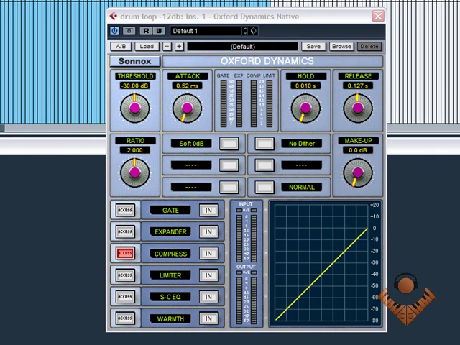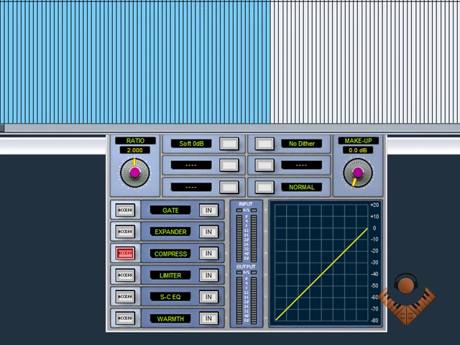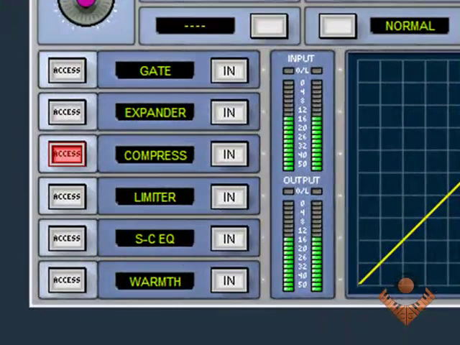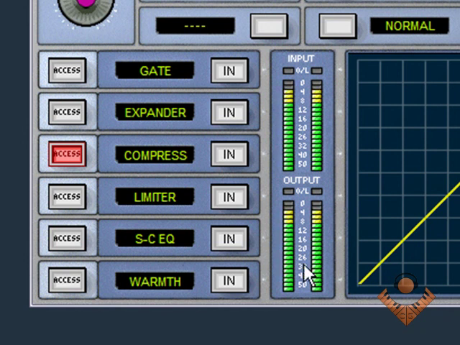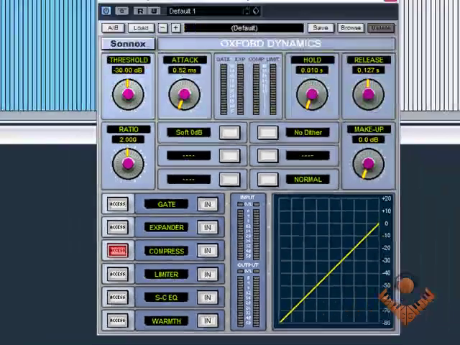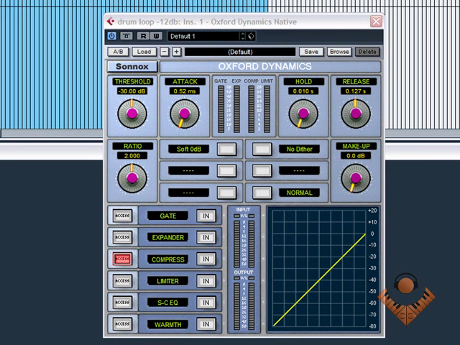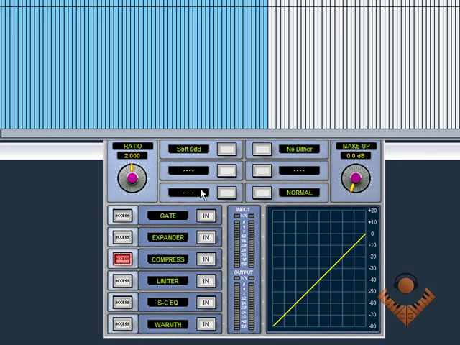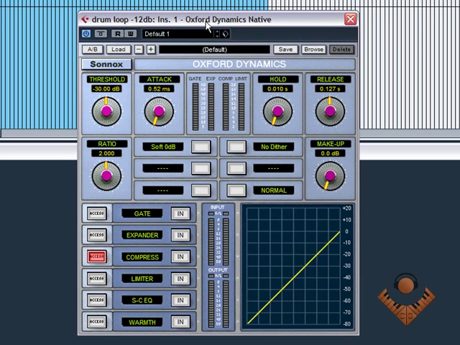What we've got here is two drum loops, one that's considerably lower than the other one. I'll just let you hear them. And just watch the output level. Now as you can see, the output level of the first one is down here. And the output of the second one is much higher. So what we're going to do is use the compressor to bring these both into line to control the level